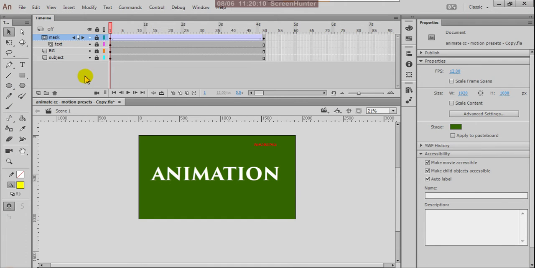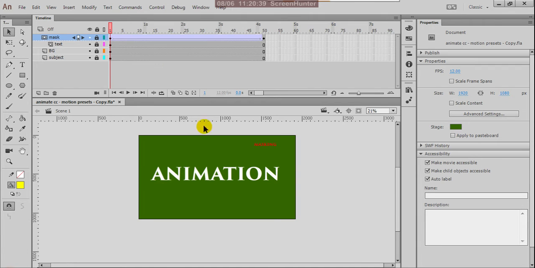If you want to edit anything, see, when I give the mask effect, all these layers are automatically locked.